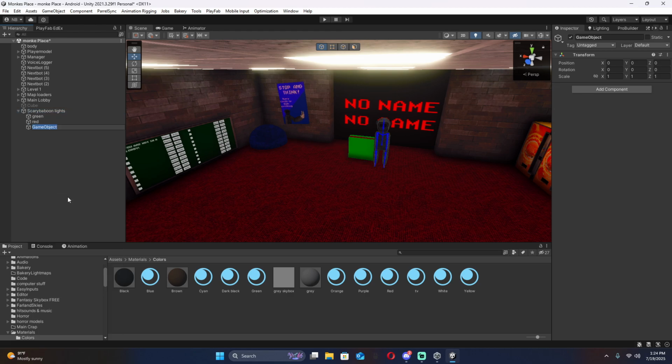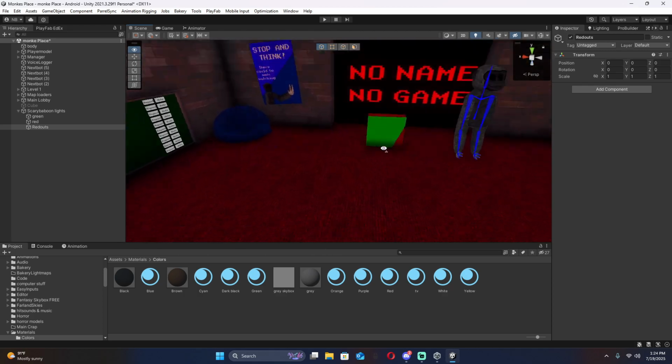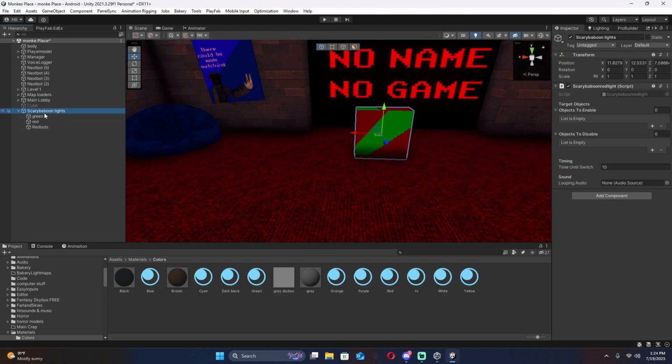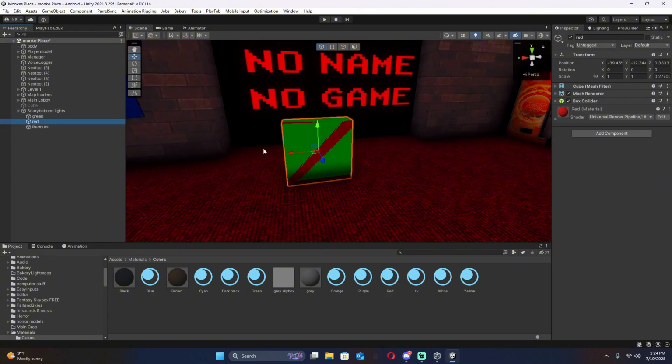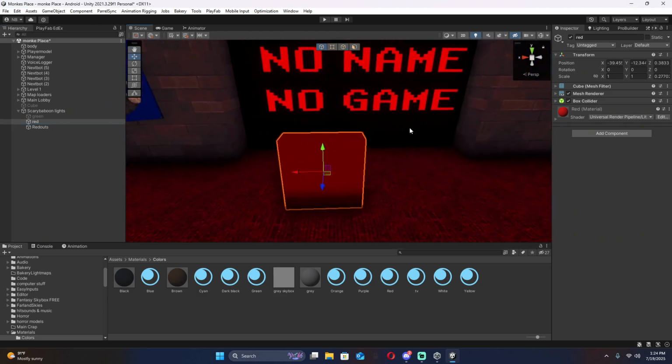Now make an empty again and name this power outage, or what this is basically going to be the color of your lights when it goes off. So on here, your objects to disable will be red, and then enable will be green, and then enable. And then on your red, we'll disable the green one,